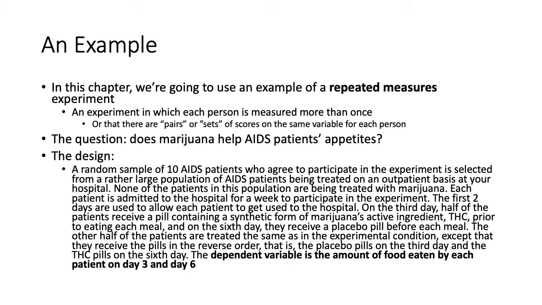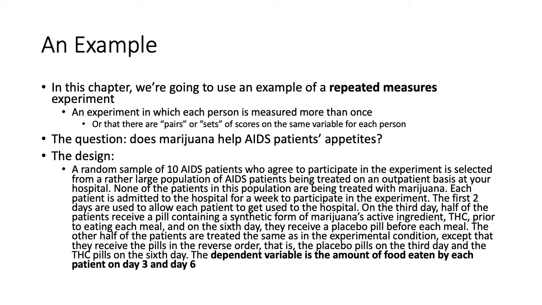Then we do a number of things to make sure that there's no other bias. Half of the people, we give them marijuana first, and then measure their appetite, and then give them a placebo and measure their appetite. The other half, we switch it. The important thing right now is that there are going to be 2